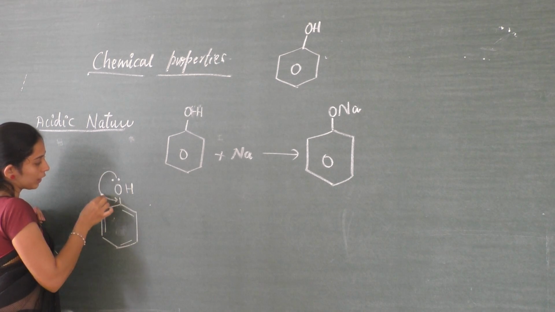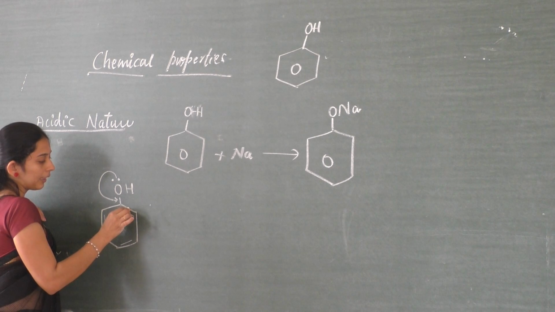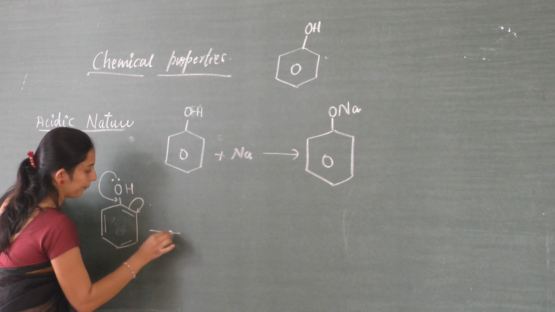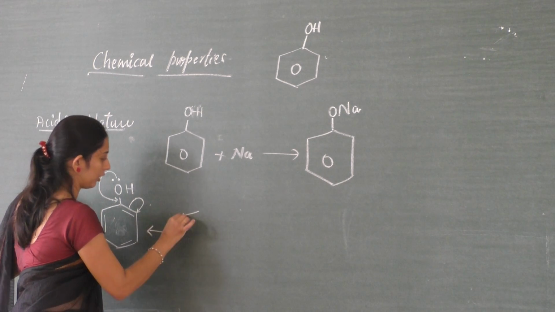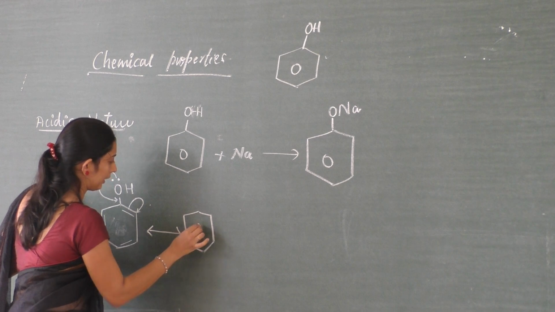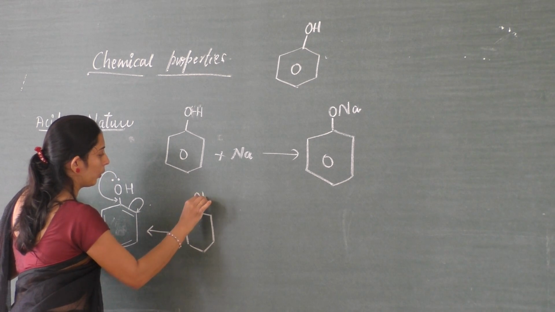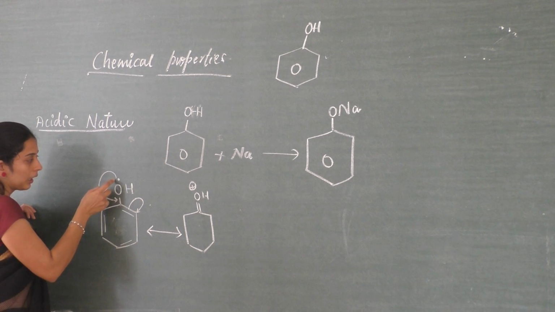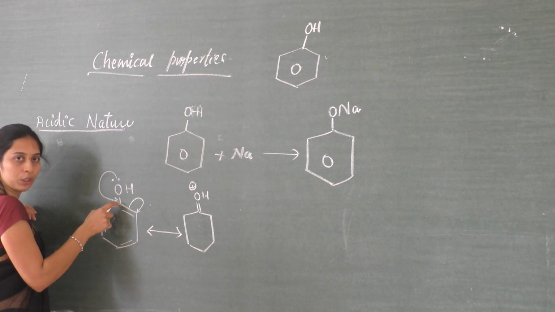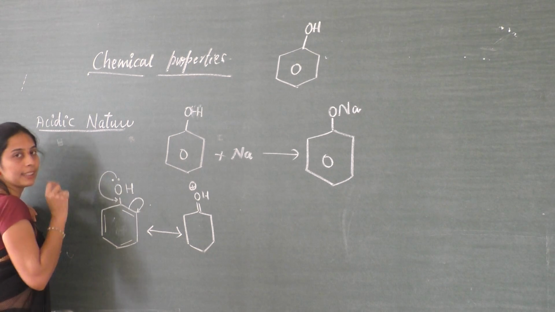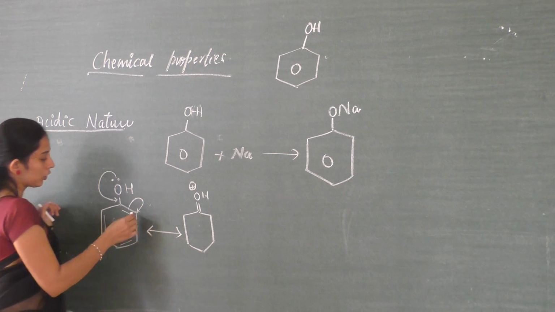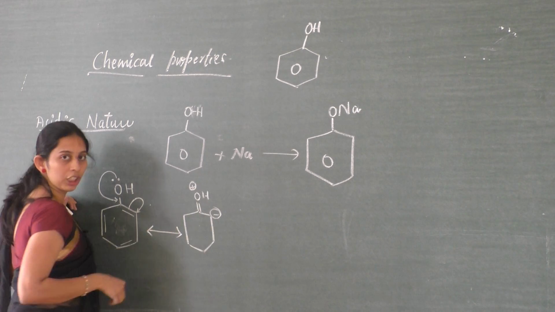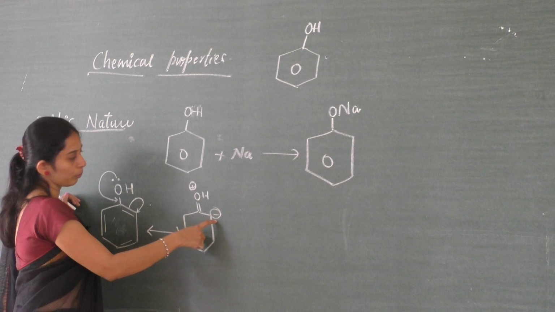So what happens here? The lone pair shifts to this place. At that time, the double bond will shift to the next position to satisfy the valency. If I write the next structure, it becomes somewhat like this. Here double bond, OH, and a positive charge comes here. Why does the positive charge come? Because the lone pair of electrons is moving to the next position, so this oxygen will have less electron density, so we put a positive symbol there. Here we shifted one double bond to the next position, so electron density is rich here. Which position is it? It is the ortho position.